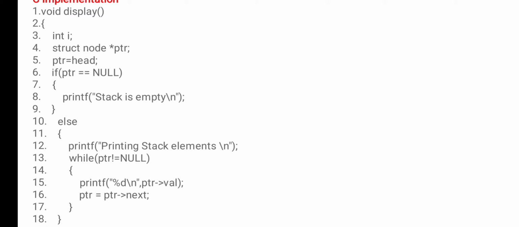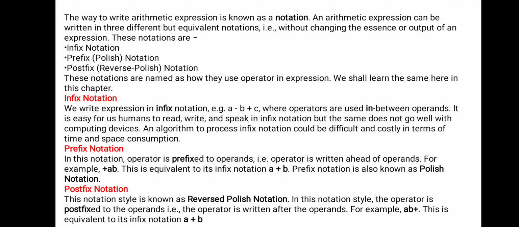Next, what are the applications of stack? The major applications of stack are expression conversion, expression evaluation and recursion.